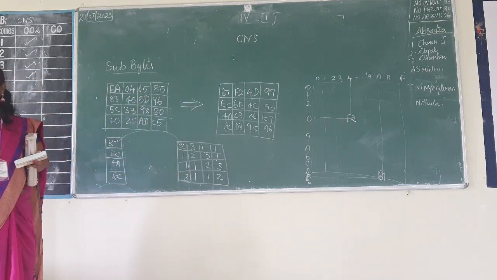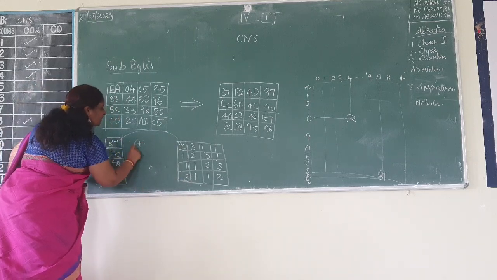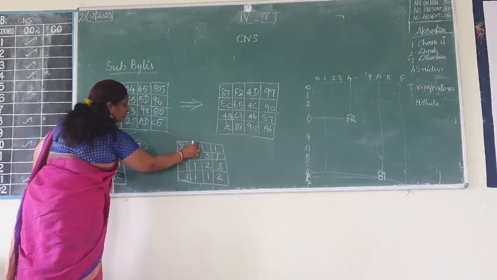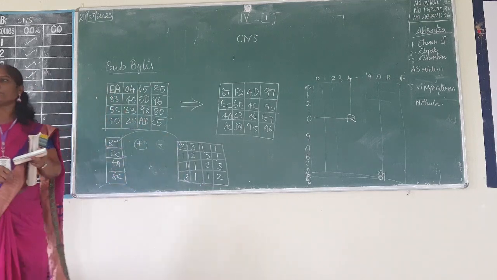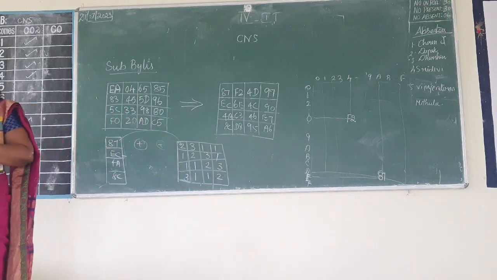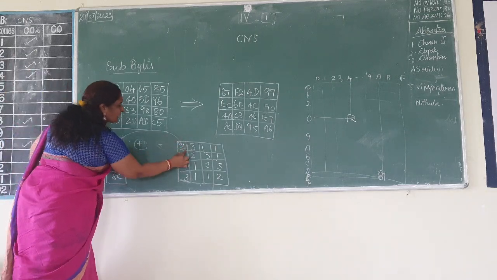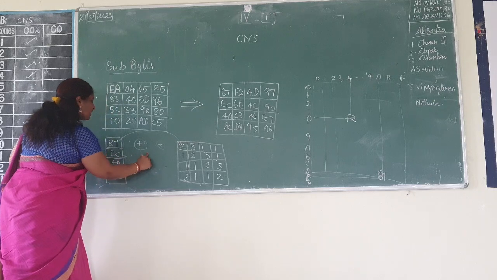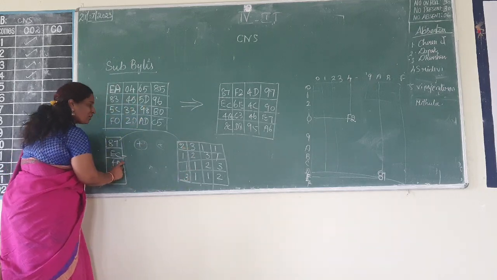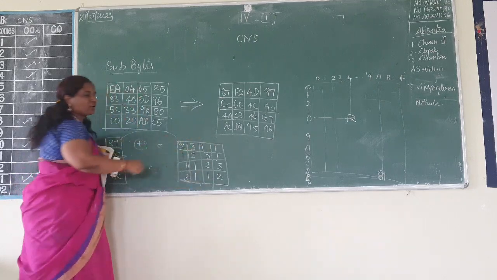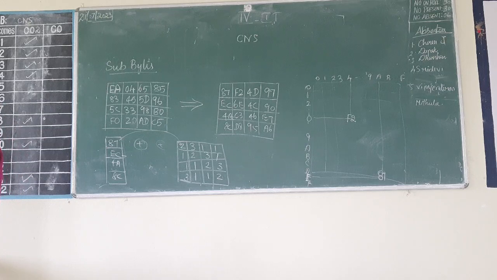XOR, okay, XOR. This will be done with the full column, and then an XOR operation. EC with the full column, then again an XOR operation. Like that we will be performing the mix column multiplication. One value will be multiplied with all, then XOR operation. EC multiplied with all, XOR operation. 4A multiplied with all, XOR operation. And then the final. Okay, so this is the operation.